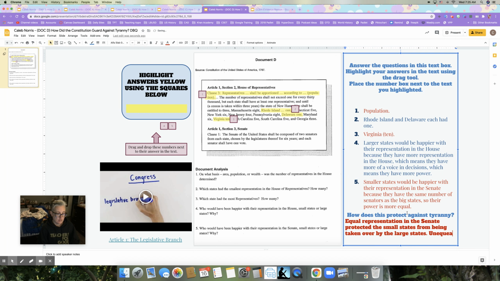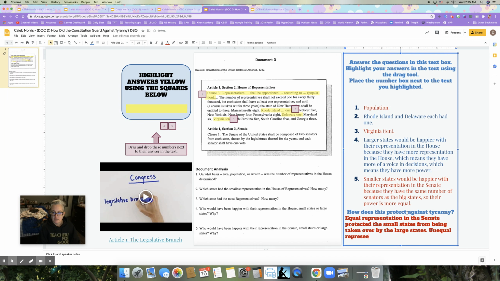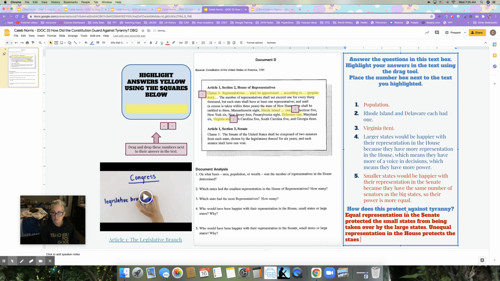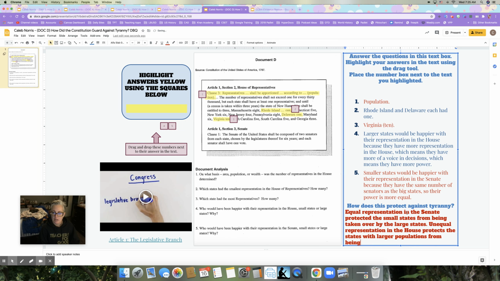Unequal representation in the House protects the states with larger populations from being,